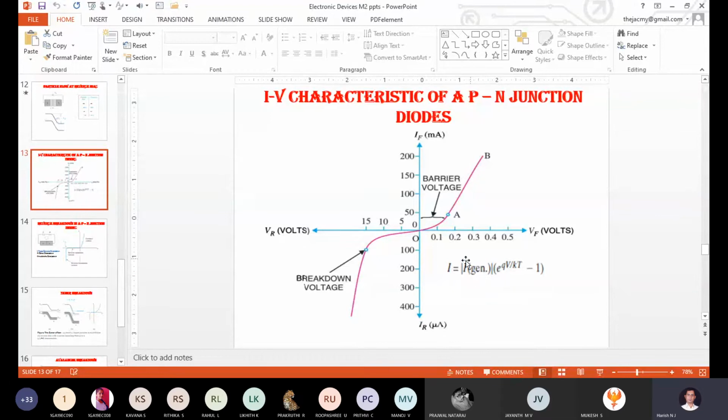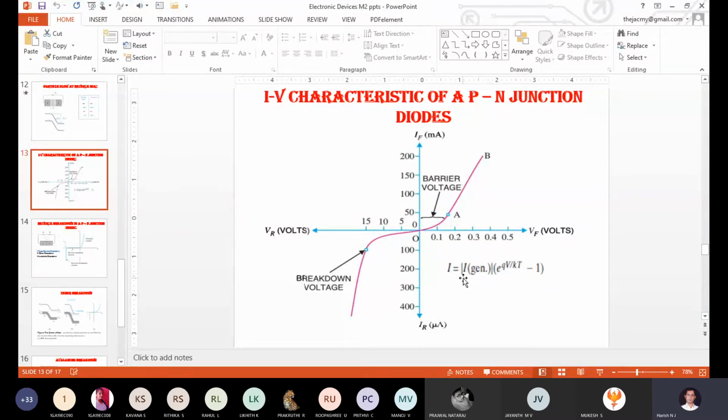Can anyone explain how the generation current is constituted? Up to now we were discussing only two things. One is diffusion current, the second one is drift current. Diffusion current happens when the PN junction diode is forward biased. Drift current happens when the PN junction diode is reverse biased. At the same time, the forward current happens due to the diffusion process. Correct? So the reverse current is due to the minority charge carriers. It is clear under the drifting process.